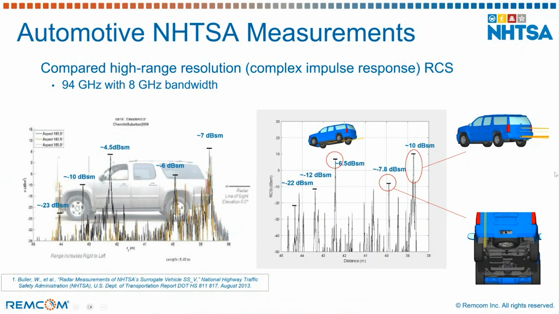correlation for illumination of this vehicle from the rear end, where the radar line of sight is illuminating the back part of this vehicle, and the multipath is progressing through the undercarriage of the car, and potentially even illuminated by some blockers, rebars, and so on, and looking at overlap between, say, reflections from the front of the car, down to 1 dB, a couple of dB in the middle of the car, and so on. So again, this proves the utilization at 94 gigahertz across 8 gigahertz bandwidth of the physical optics solver.